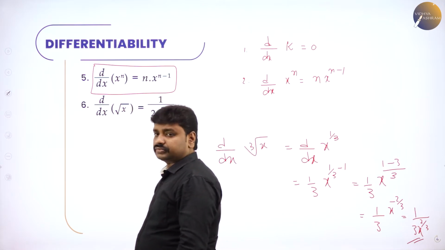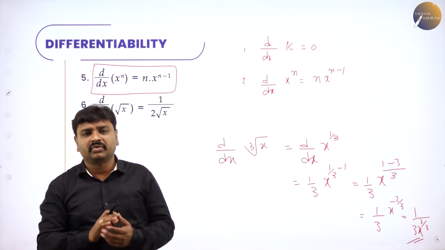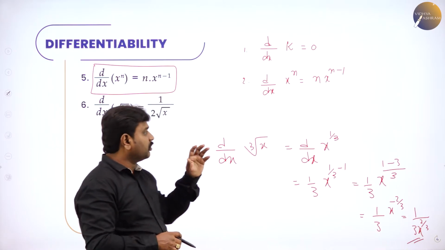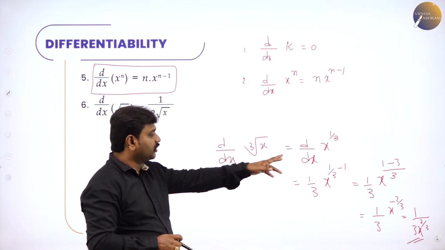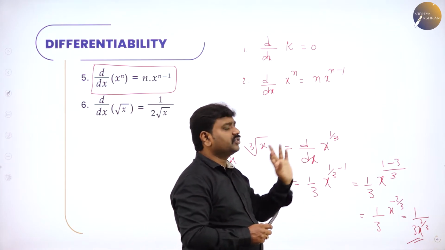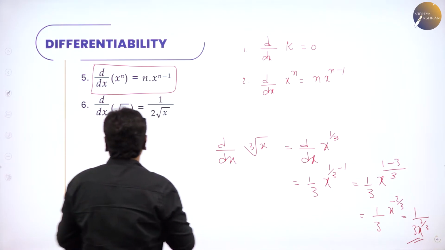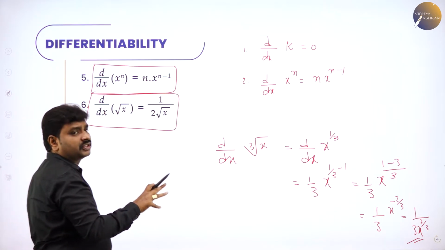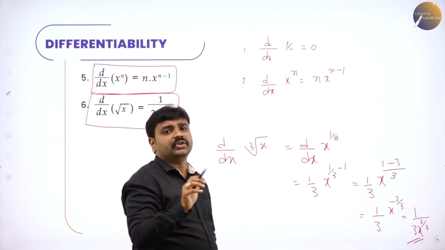So now you know what is d by dx of x power n. N into x power n minus 1. So any problem, if it is not in standard form, convert it. Now this was cube root of x, and I have made it x power 1 by 3. Then d by dx of root x also, please memorize this so that the process or time factor reduces.